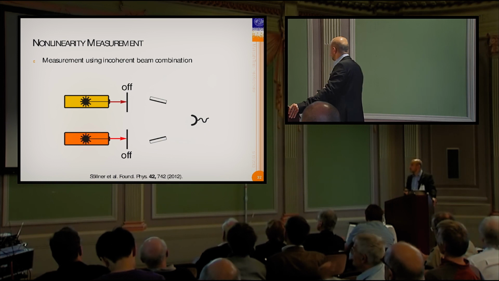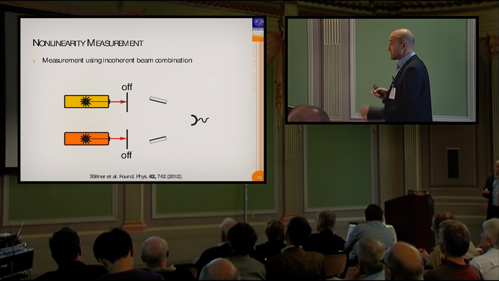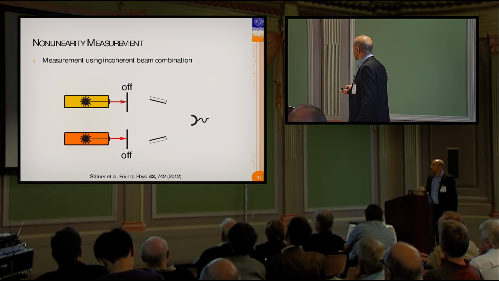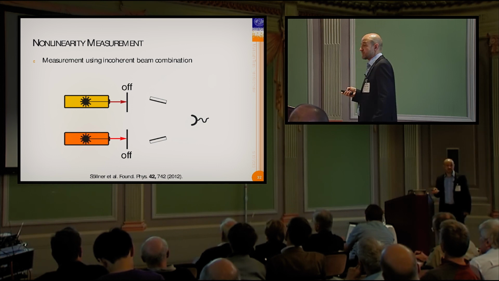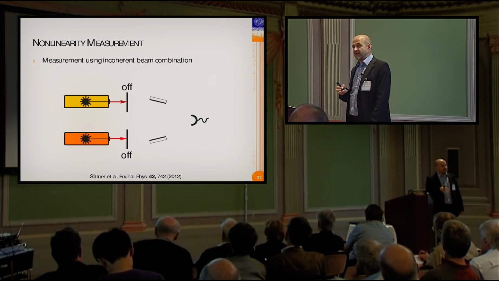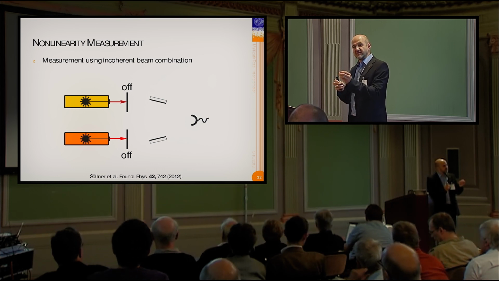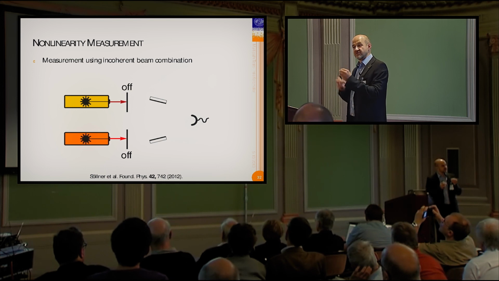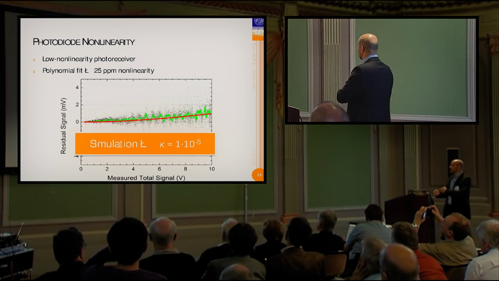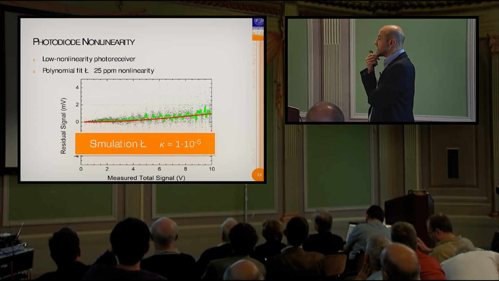And how do we measure this? We can take what's called the beam combination method. So there's two lasers, totally independent lasers. We put both of these lasers on the detector, measure the power, and then we switch one off and we switch the other off. We also switch both off, and we measure the power. And now we can look, if the detector is perfectly linear, then the signal with both lasers on would be exactly the sum of the signals with each laser on. And we can do this, and what do we find? Here's our photodetector, and this is a photodetector that's been made to be particularly linear.